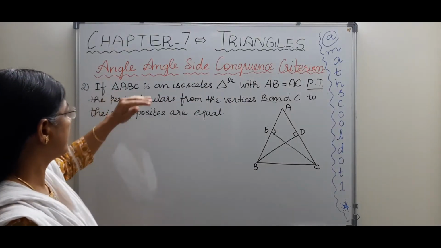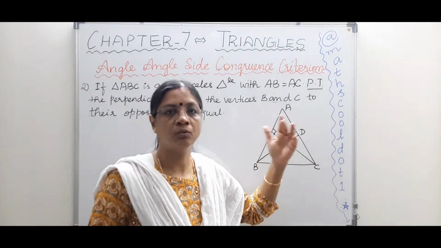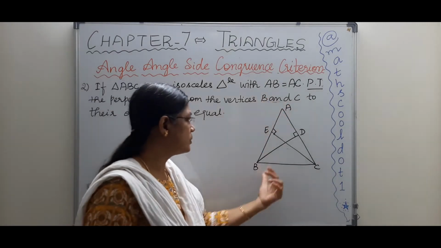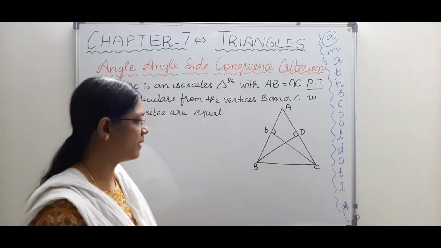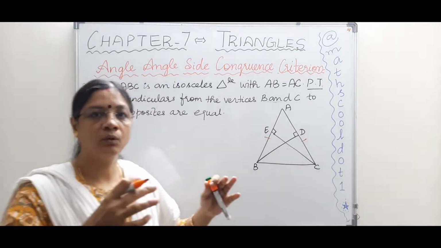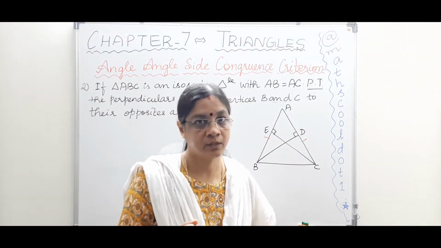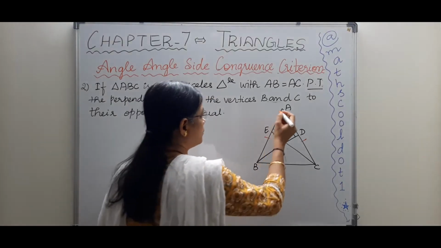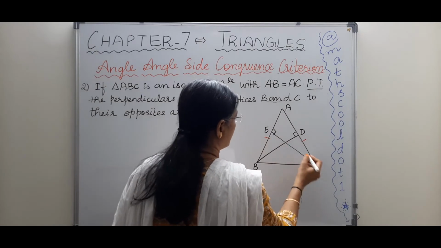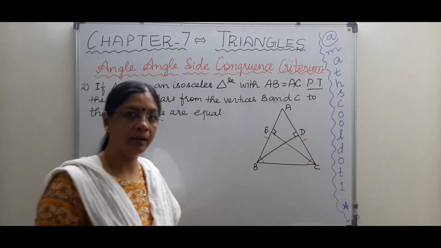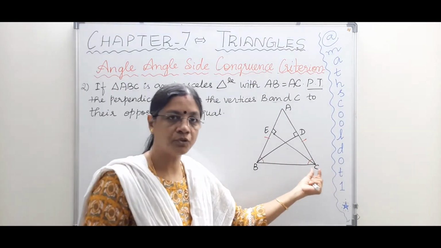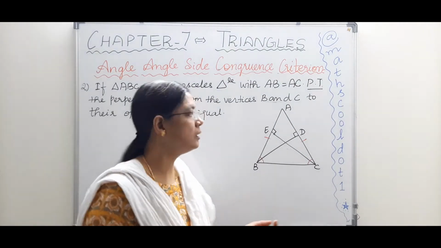So if triangle ABC is an isosceles triangle, so once again isosceles triangle is given, with AB equal to AC, the same condition. So we have two sides to be equal. See, this AB is equal to AC. So when you see these two sides to be equal, then at once you should know that if AB and AC are equal, the angles opposite to them are also equal, right? So the angle C opposite to AB and angle B opposite to AC are equal, right?